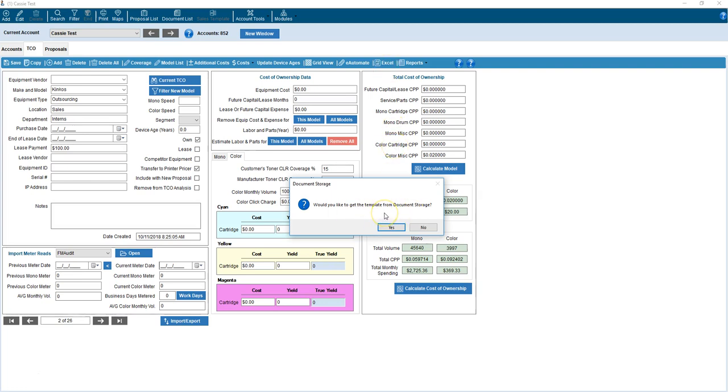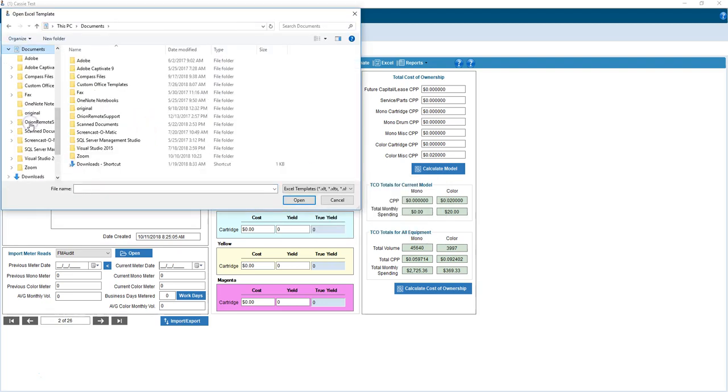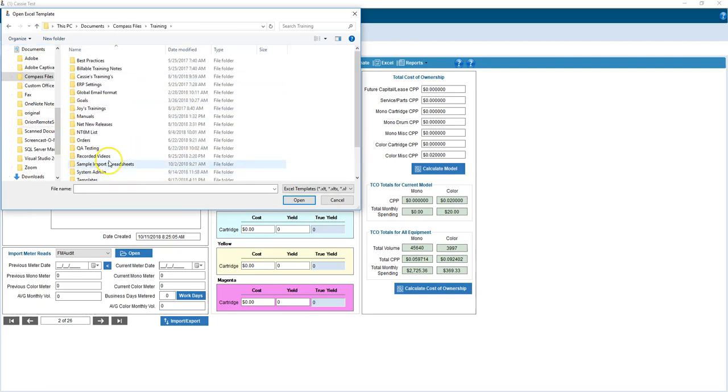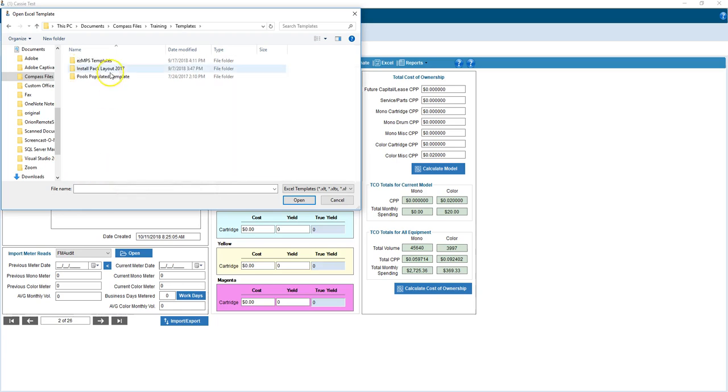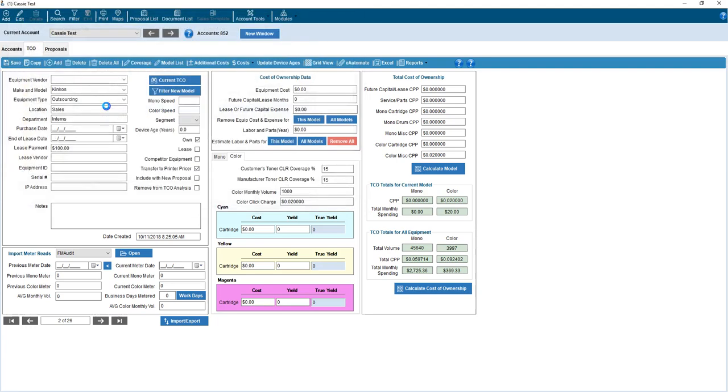You can pull from your document storage if you have that applicable, or if you choose no and you have that option, you're going to be able to browse to a file or location or destination, pull up your templates where you have them located, grab the templates, and be able to do a TCO cost analysis or even a lease end report. So if I were to run the TCO cost analysis,